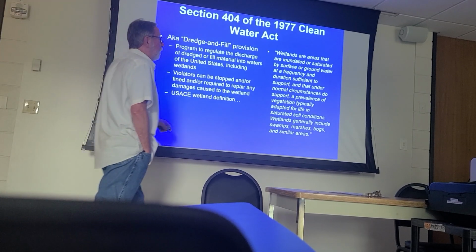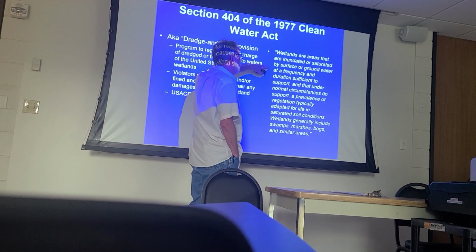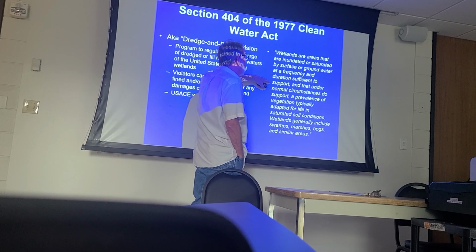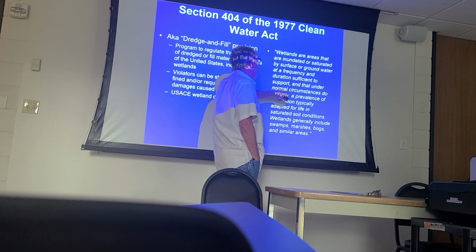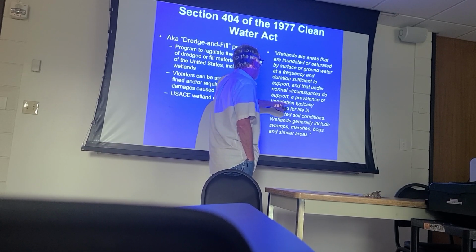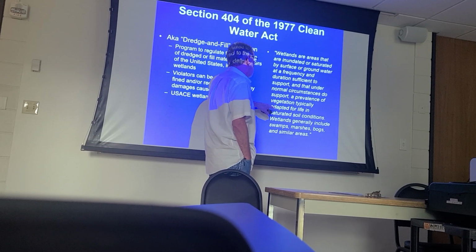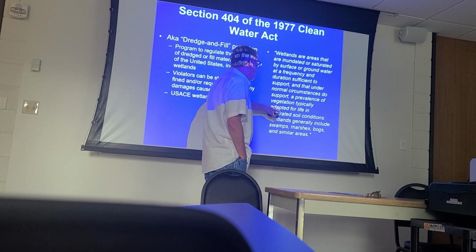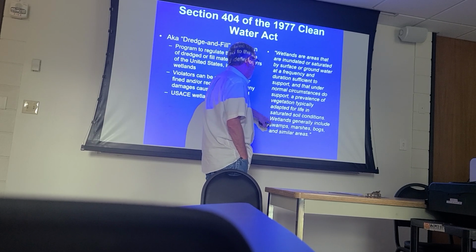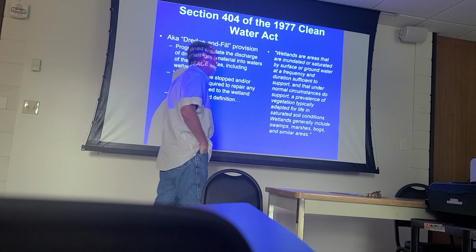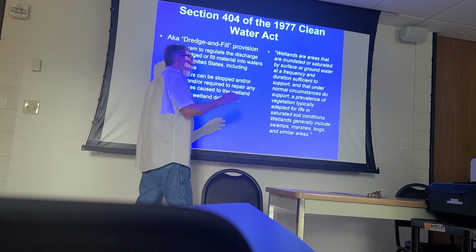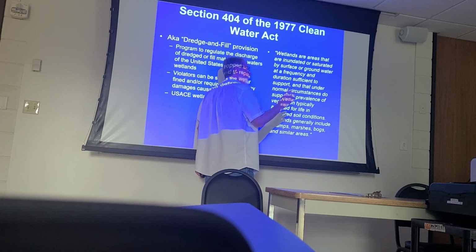Okay, wetlands are areas inundated or saturated by surface or groundwater at a frequency and duration sufficient to support, and that under normal circumstances do support, a prevalence of vegetation typically adapted to saturated soil conditions. So there's the water, there's the plants, and then they just give a list of these conditions here. If you look at that, it looks like they kind of started to waffle here, but they didn't, where it